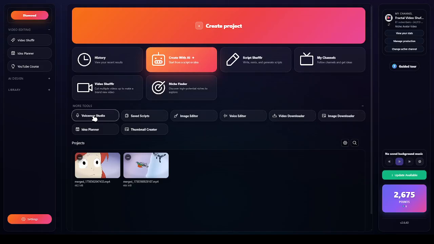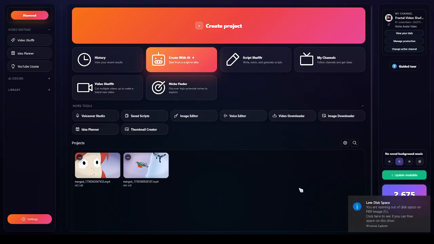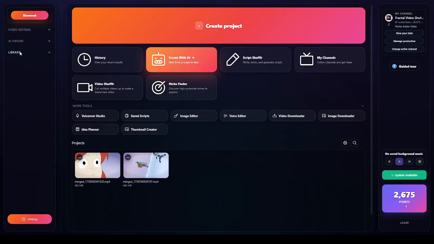Today's video, I'm going to show you everything you need to know about the library system in Fractal Video Shufflr. So if you look over here to your left and you close the video editing drop down, if you open